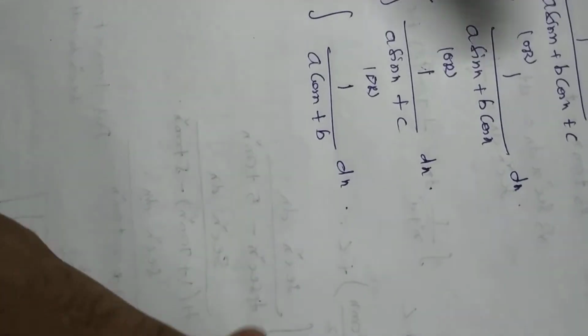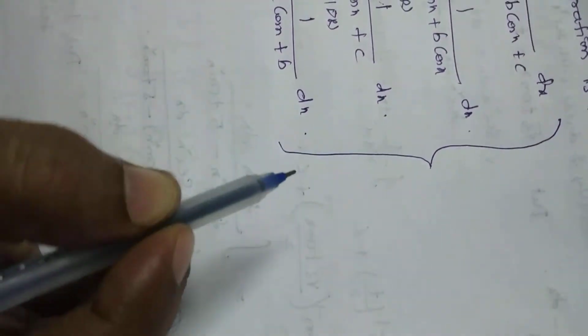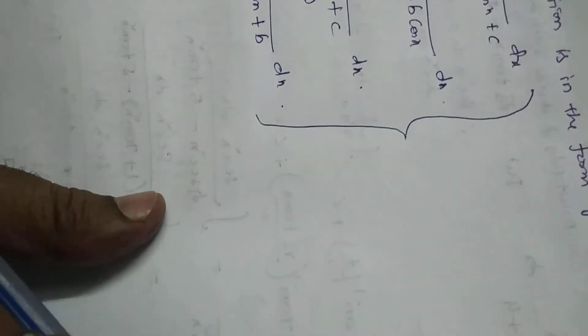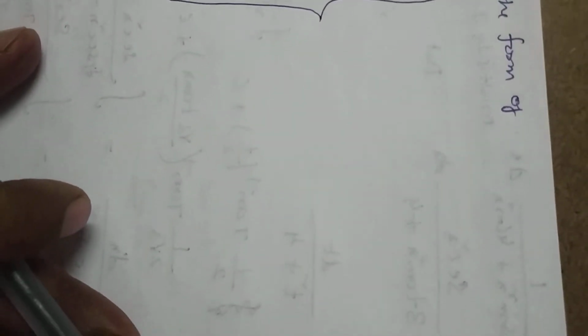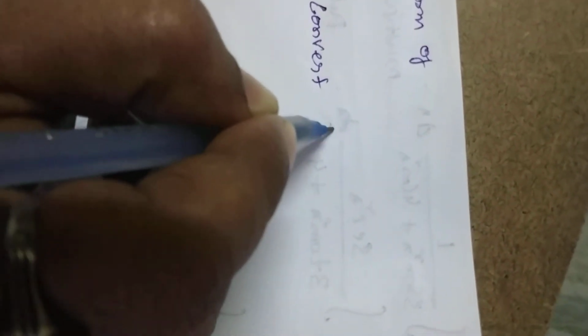Okay, so in all of these 4 forms again, if you see the integration in these forms, here only one thing you have to do, any one of the above: convert this sin and cos in terms of tan x by 2. That is the rule what you have to remember. Convert this sin x and cos x in terms of tan x by 2.